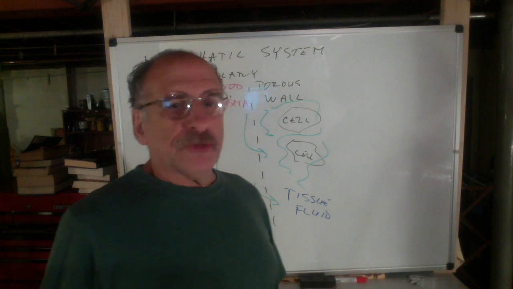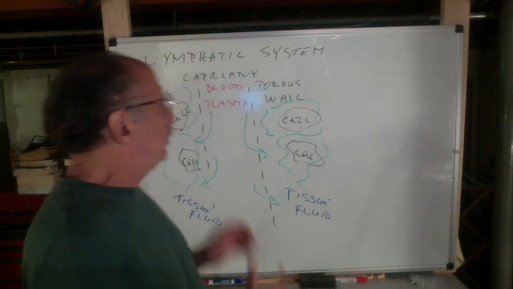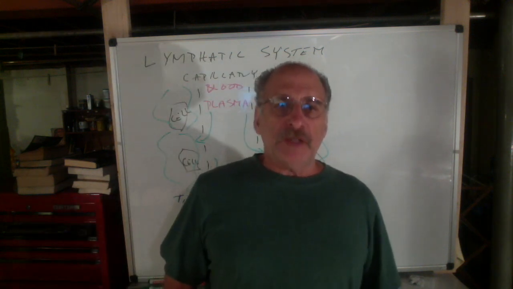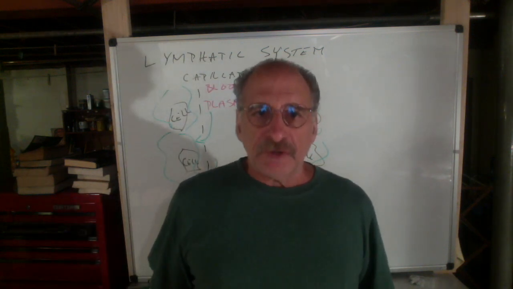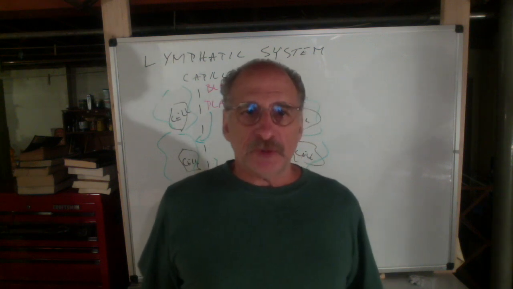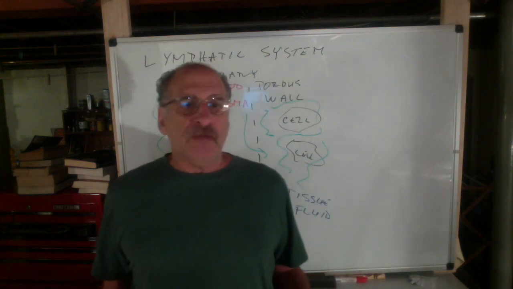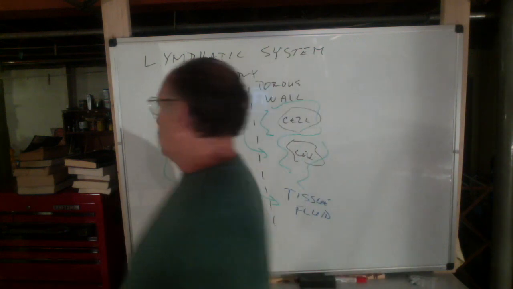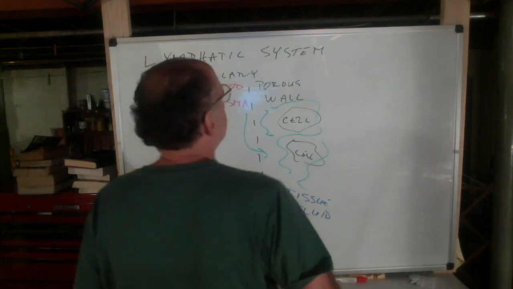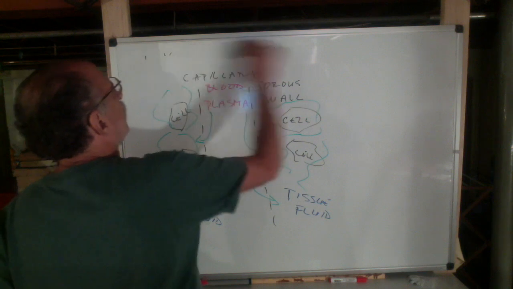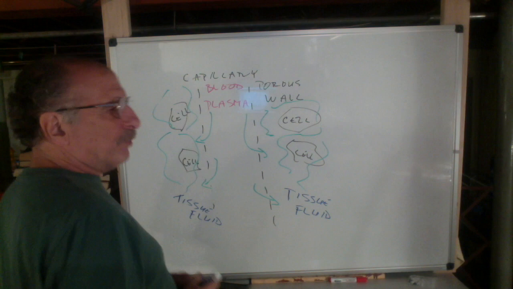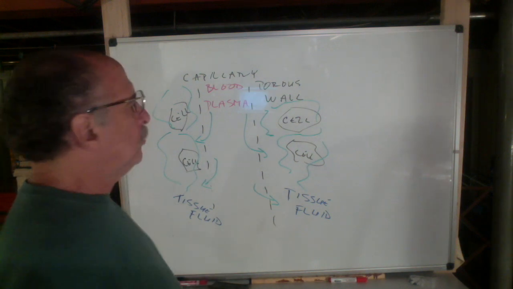And every 24 hours, an amount of liquid leaks out of your capillaries that is equal to the total amount of plasma that you have, the total amount of liquid that you have in the bloodstream. Well, obviously something else must be going on because you couldn't survive without any plasma. So, what else is going on is that wherever in your body you have blood capillaries, which is pretty much all over the body,